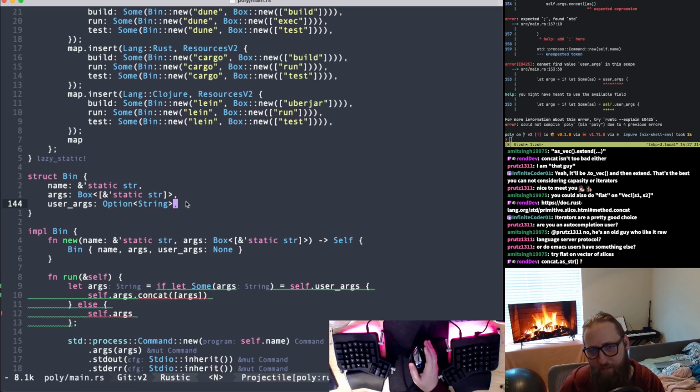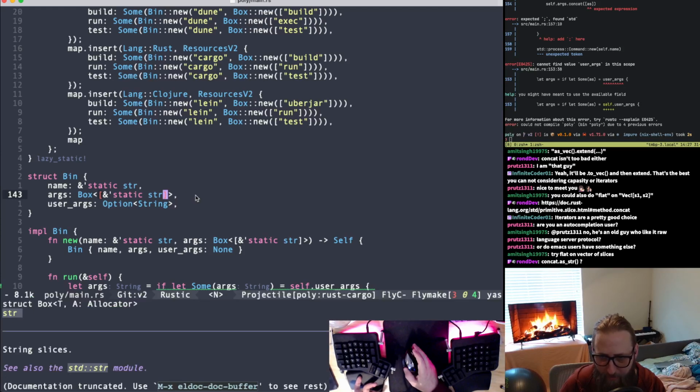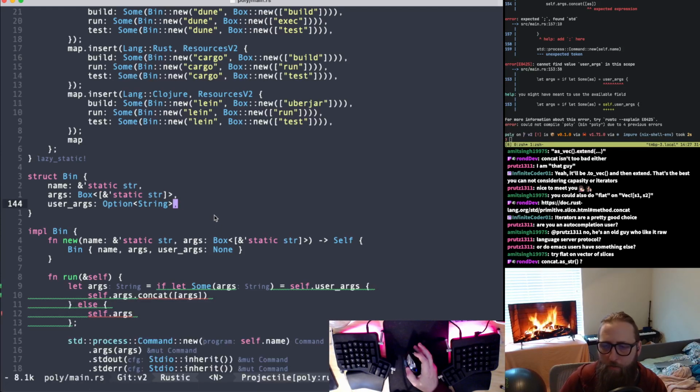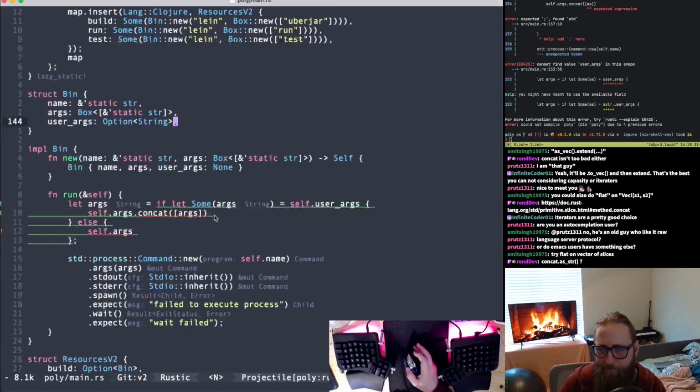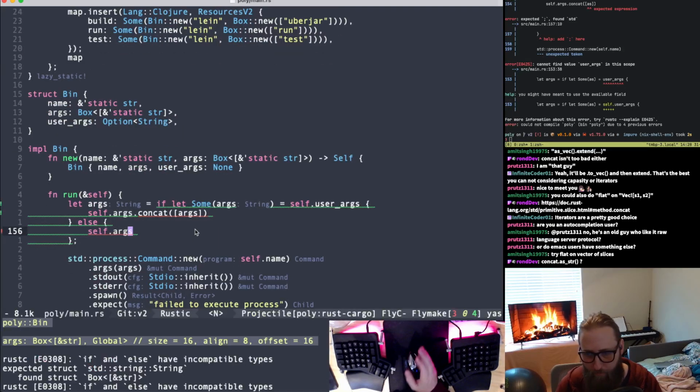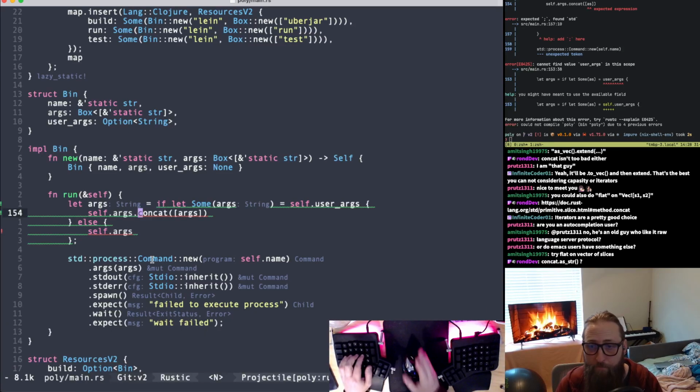But of course, it doesn't solve for the fact that some things might actually have multiple arguments that are static, which is why I originally decided to go this route. Okay, we're just gonna have to do the to_vec thing. That's fine. Okay. All right. Anyway,